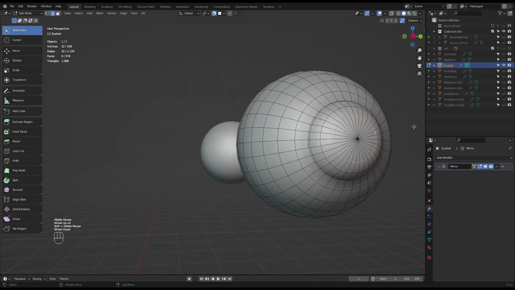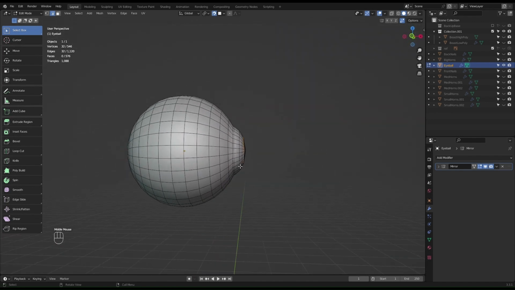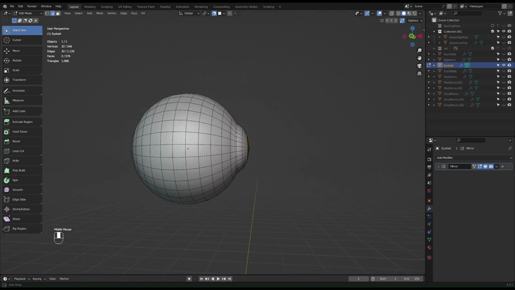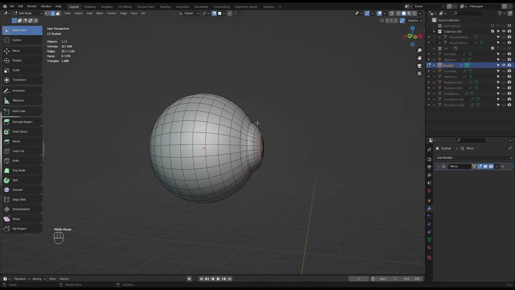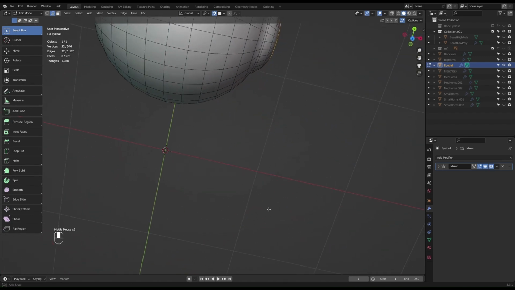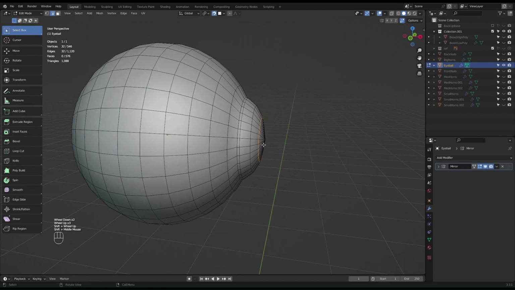Now let's do the iris. So this is the cornea. It has this bulging out going on. This is what we were creating, like that. So we're going to be mixing the cornea and the sclera, so it bulges up. No, probably not, it's too much, but then we went a bit overboard with this, because we like it like